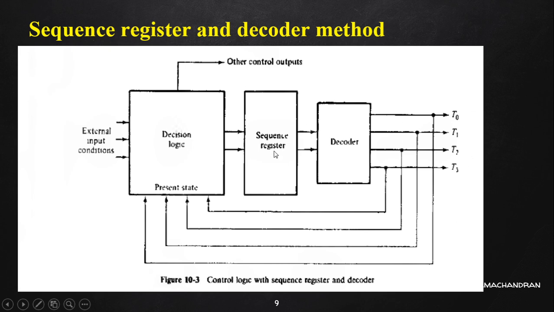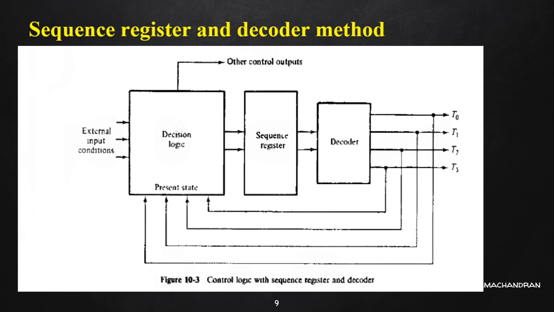Suppose the sequence register has n bit capacity, then the decoder can output 2 raised to n different states, or the decoder output represents 2 raised to n different states. So based on the current value of this sequence register, the decoder can activate only one among the 2 raised